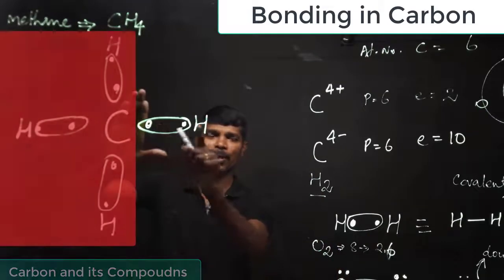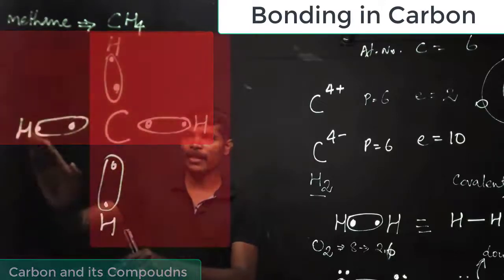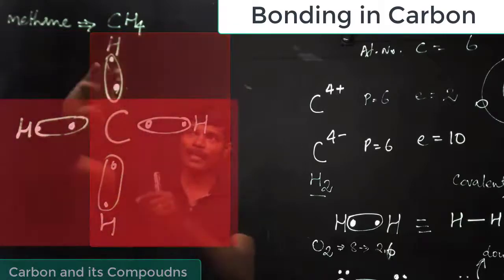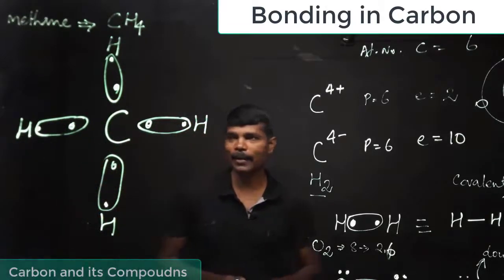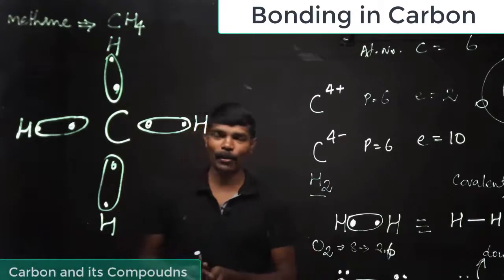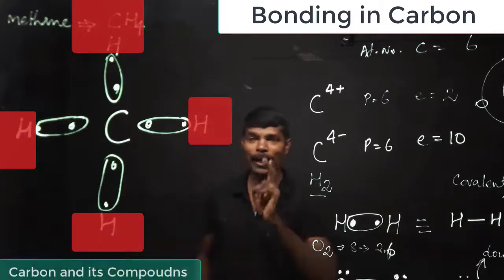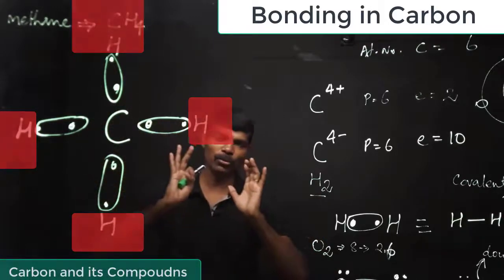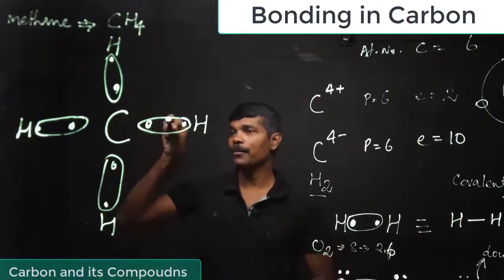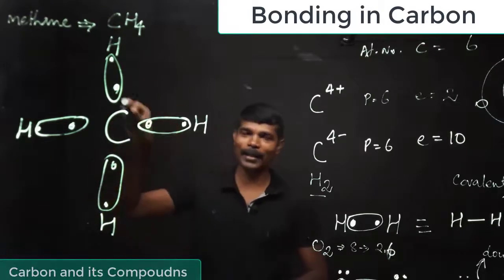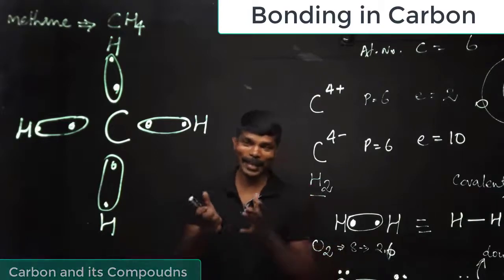Now if you see each hydrogen atom, if you hide all those other things, then you will get 2 electrons. So this hydrogen got balanced. For this hydrogen 2 electrons got balanced. For this hydrogen, 2. For this hydrogen, 2. So each hydrogen in CH4 has got a balanced configuration. If you see carbon, remove all the hydrogen atoms, then you see in each sharing 2 electrons. Altogether 4 sharings are there, so 8 electrons it has got. So in this structure both carbon and all the hydrogen atoms got a stable configuration. The stable configuration is achieved by sharing of electrons.